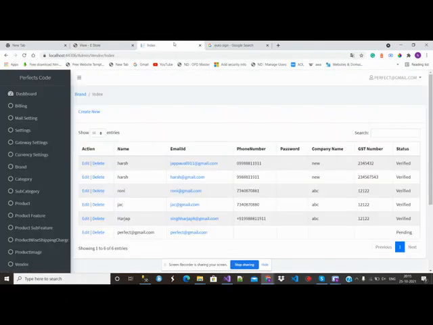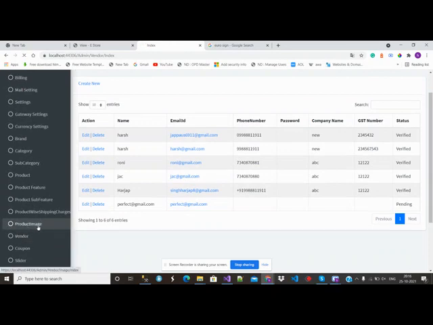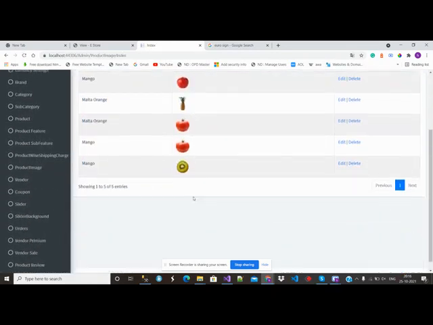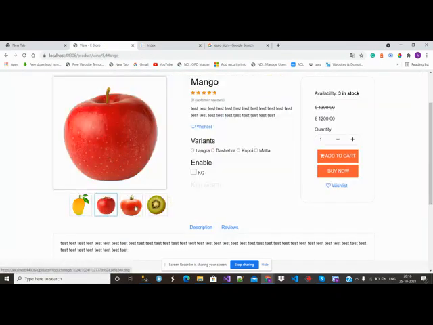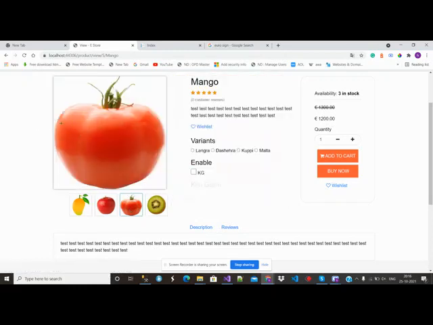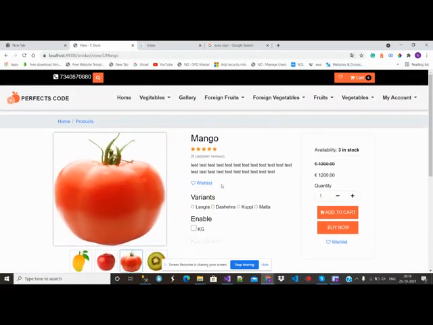There is a feature in admin for product images, so you can add multiple images for a particular product. It's like an image slider for a single product. There is also a variants option, like when you are buying shoes from other websites, there are options like color, weight, size. Variants are like that. You can add multiple.